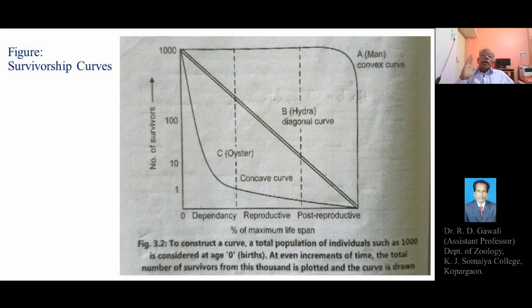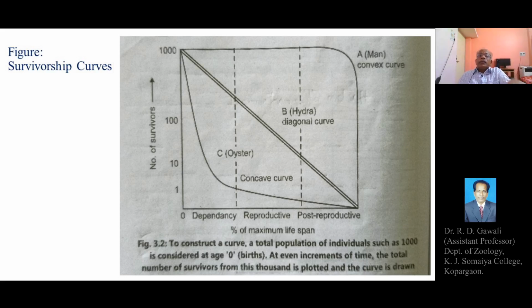There is an extremely high mortality rate in the early life, and that's why the death rate is extremely high in the initial phase of life, in the initial phase of individuals of a population, and that's why the line starts from a population of thousand number. Now you see the number thousand,